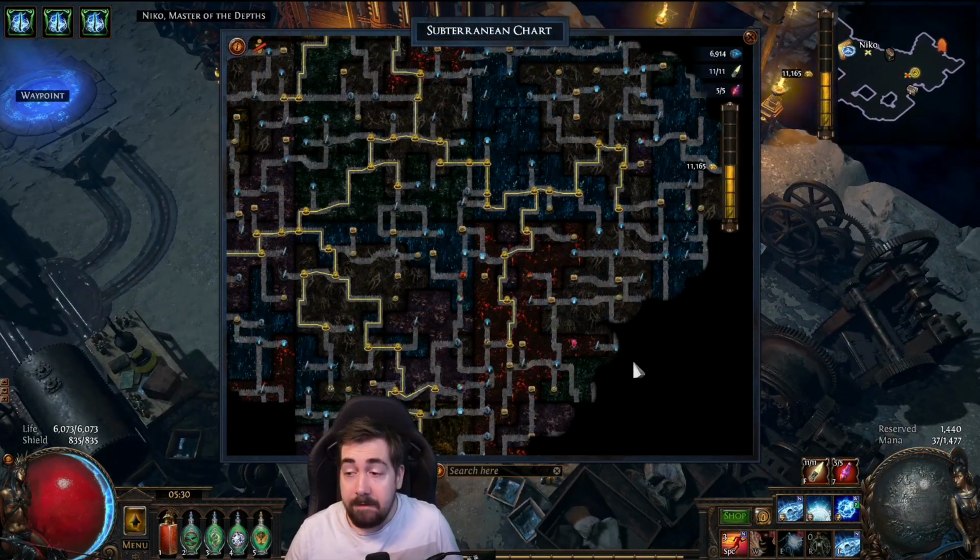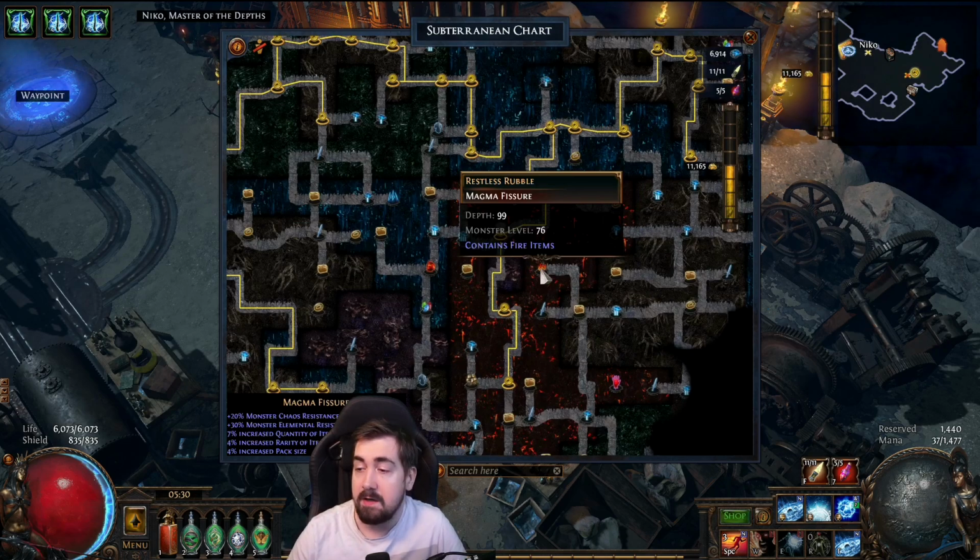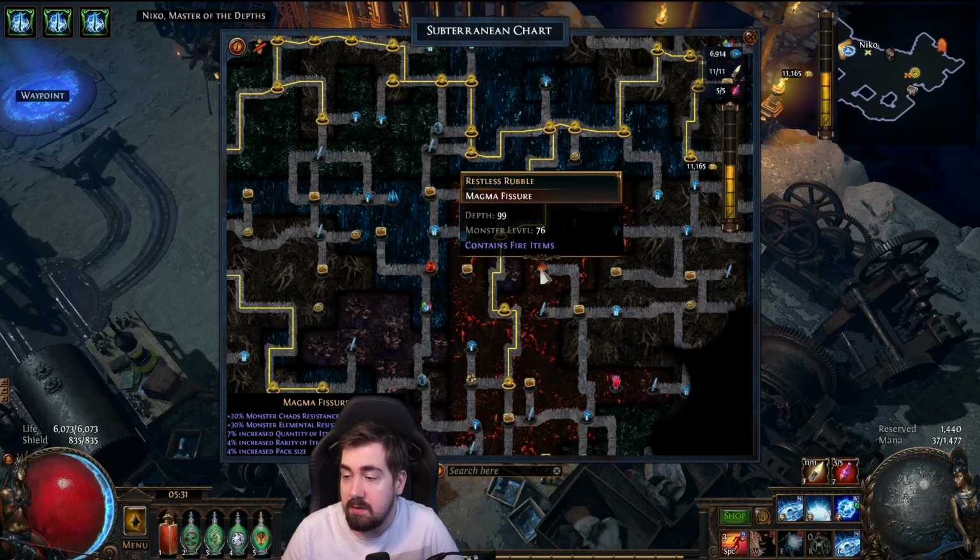Now, around level 50, you start discovering more and more special items, and I've already explored most of mine, but here's one special one that I haven't done, and this is what you really want to get early. So anything that says fire items, chaos items, etc. will then be able to start dropping. Well, first off, it'll give loads of fossils, loads of essences, but what it'll give that's really good is